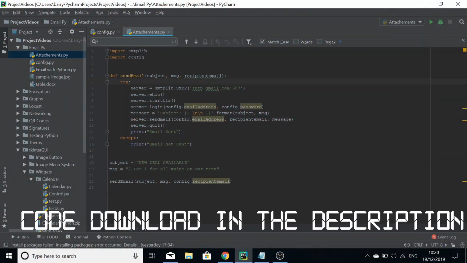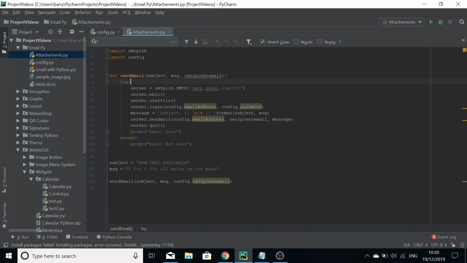In this video, we're going to continue our look at emails with Python, and we're going to be learning how to attach files to our emails, so we're sending attachments essentially. What you need for this tutorial is to have watched the previous tutorial on sending emails on the channel, and you should then be able to have something like this, which we did last time, which sends a basic